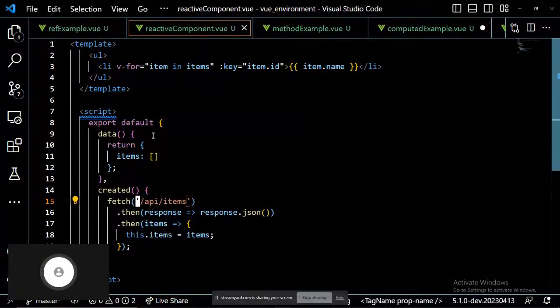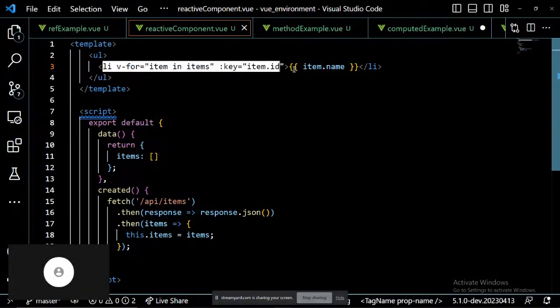And then using this view directive, the v4, we are able to look through all those data and render them on the document object model for the users to see. So this is just a simple example. And in this case, what they are running through is probably like a list of names, and they are printing it out using a v4 statement, which is basically running a loop through an array